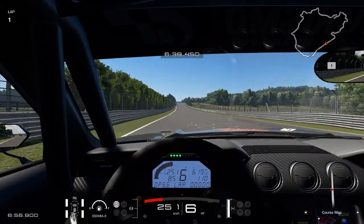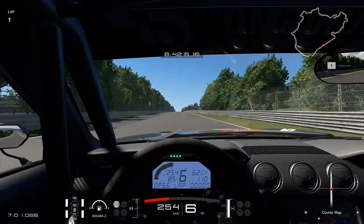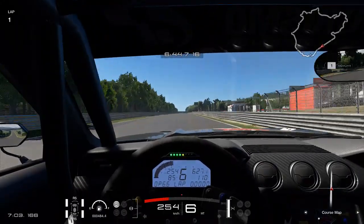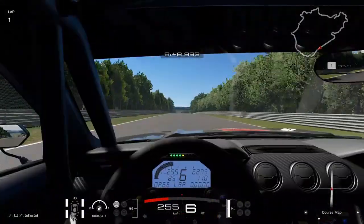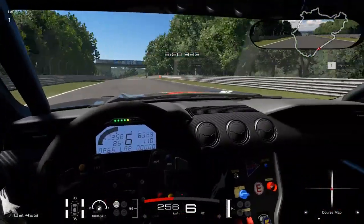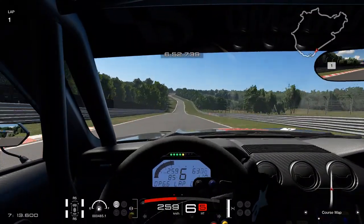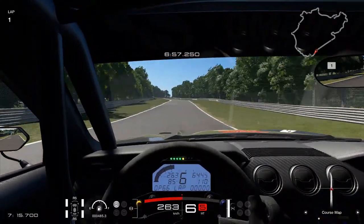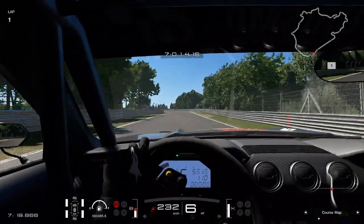Next up is an unlikely feature this late in development, but it would be great to see sometime. And that is the ability to walk around your cars in the garage. Now, Forza is famous for having Forza Vista, which allows you to walk around your cars, open up the hood, the trunk, get inside, start up the engine. And that's a really involved process, and as I'm not expecting Gran Turismo 7 to have anything similar this late